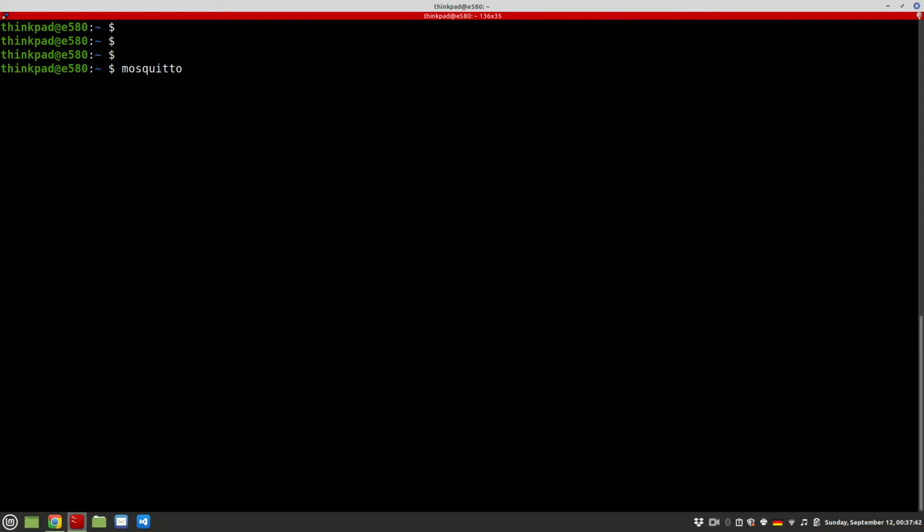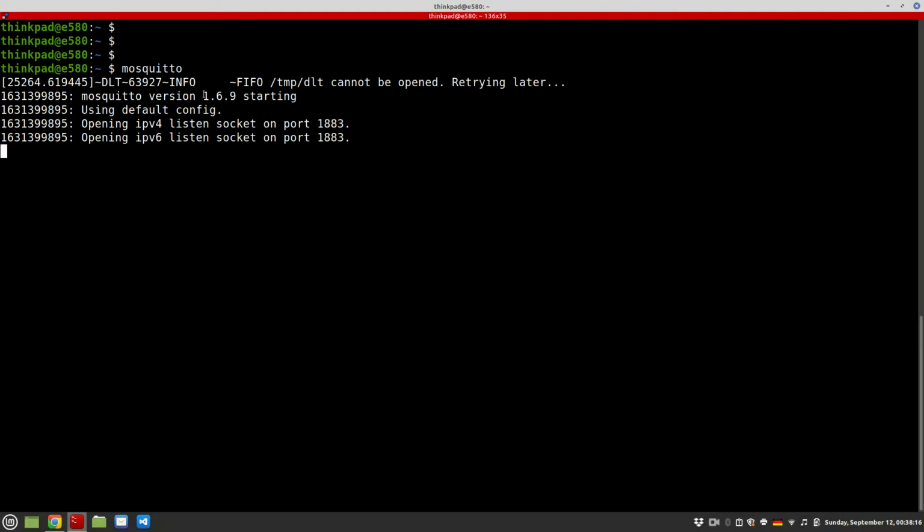For that I show Mosquitto, which implements the MQTT protocol and works very well in a command line tool interface. By the way, you can use MQTT also with Python, with Golang, with any popular programming languages. But now I want to show you MQTT with an example of a command line tool, and this is called Mosquitto. First of all, I want to start the Mosquitto server, the MQTT broker, and for that I just type mosquitto, and now it listens on this port,